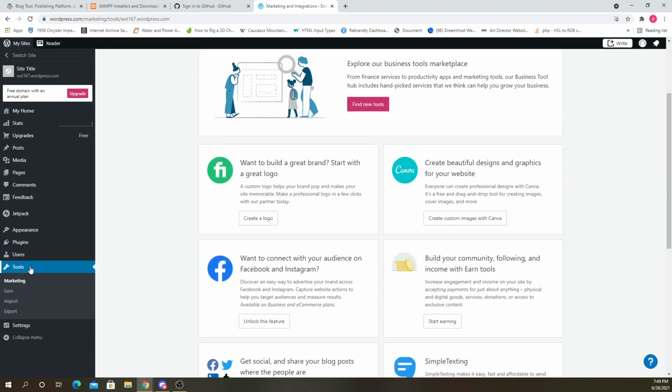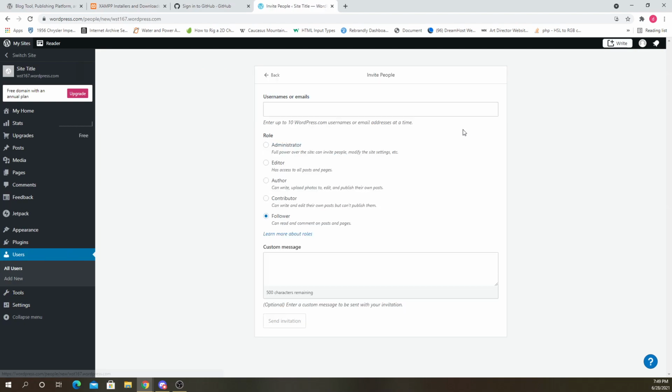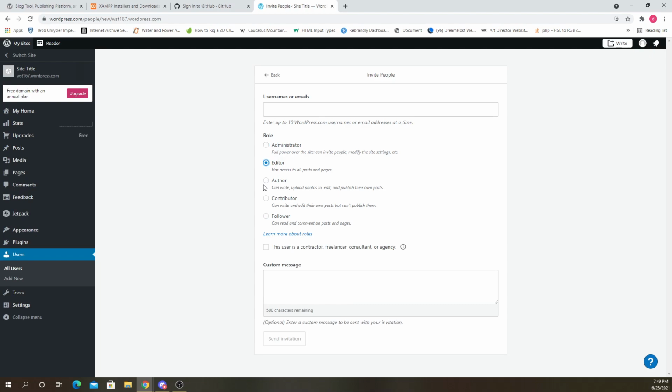If we go to tools, actually, let's go to users. We could invite people. I can click invite here and add people with different roles. So you could have administrators, editors. Administrator has full power. Editor has access to all posts and pages.